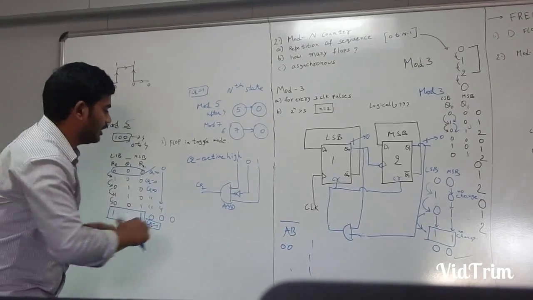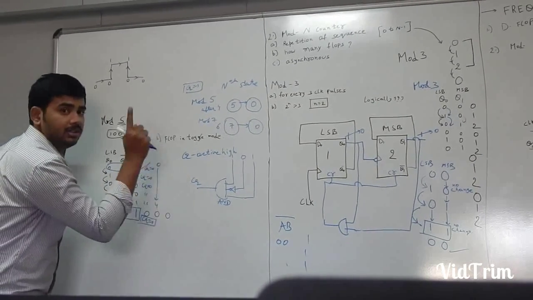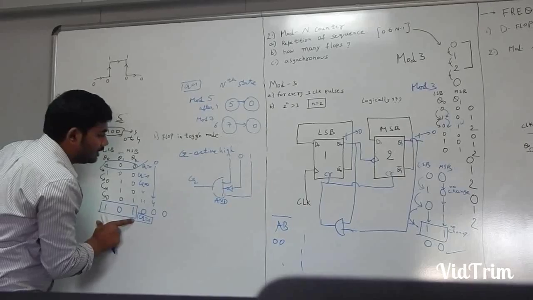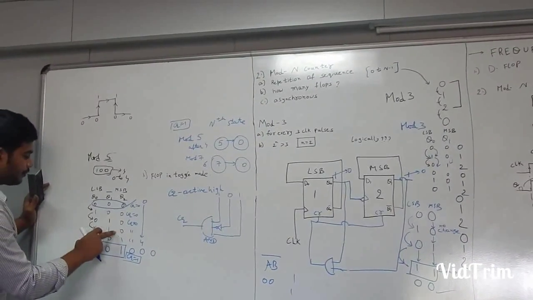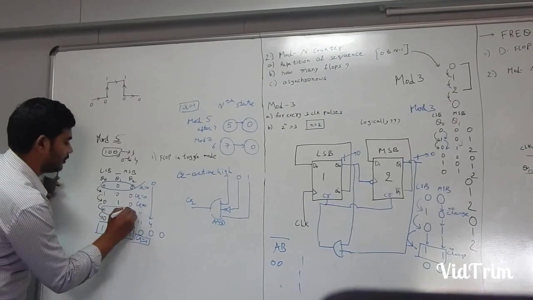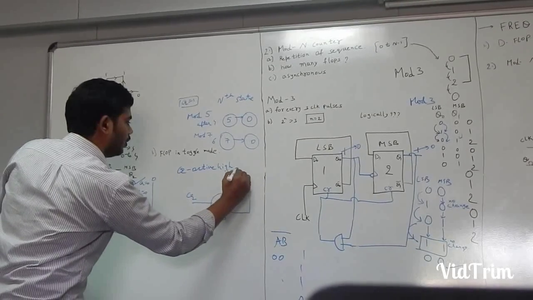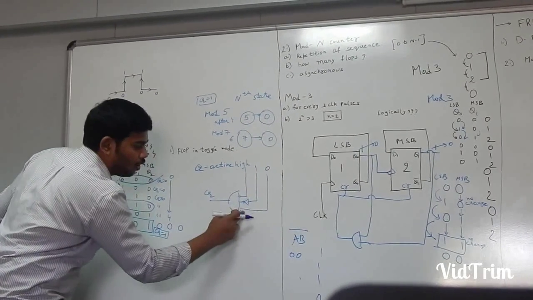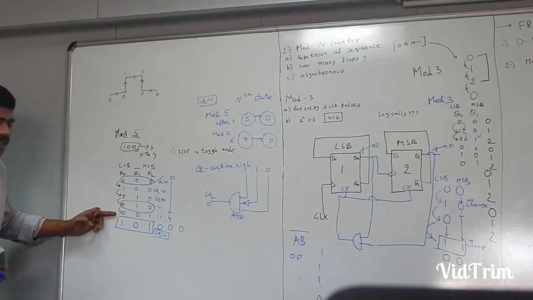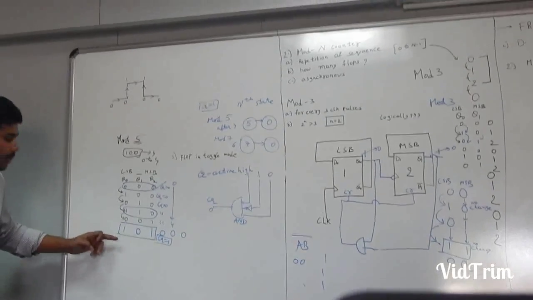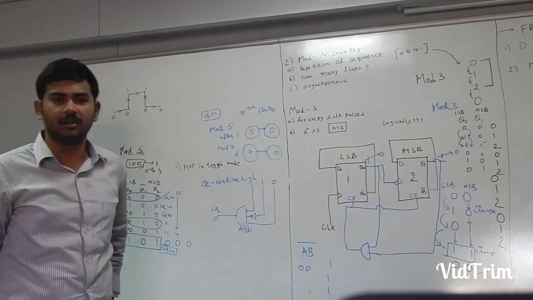If we see, let us take this only. If we send any of these above combinations also, clear should be 0. But only this combination, if I send, clear should be 1. That's okay. Let us suppose we take this combination. Okay, this is MSB. 1 1 0. Okay, 0 is there. Obviously one input is 0, so the output will be 0. So it will count to the next state also. But this state, obviously the output will be 1, and it is given to clear and it is activated.